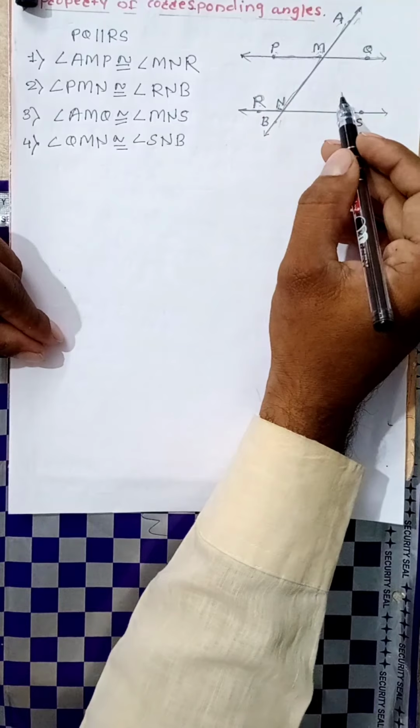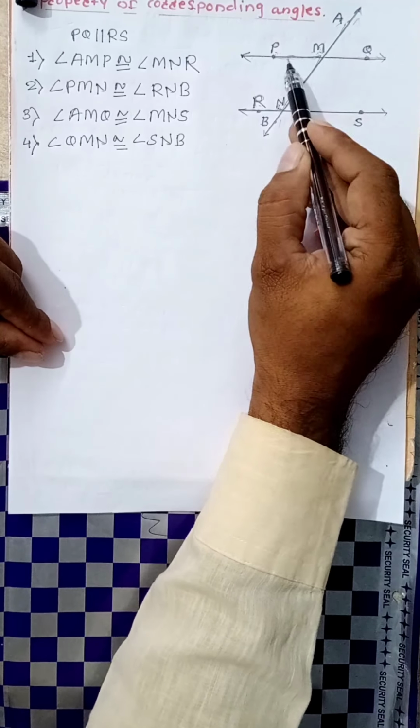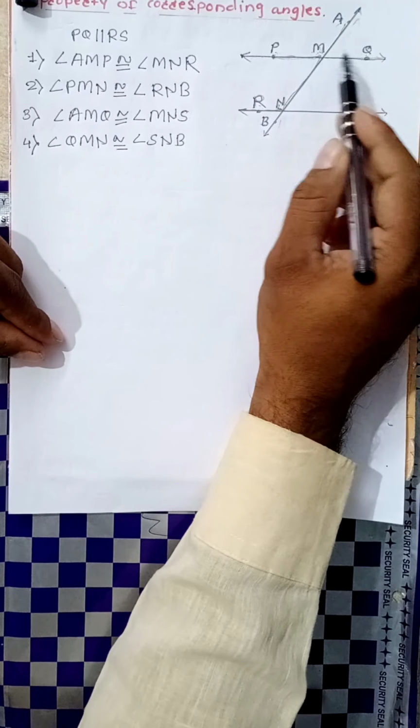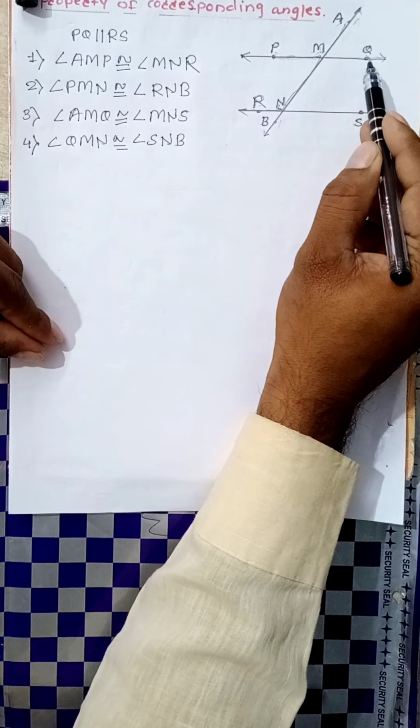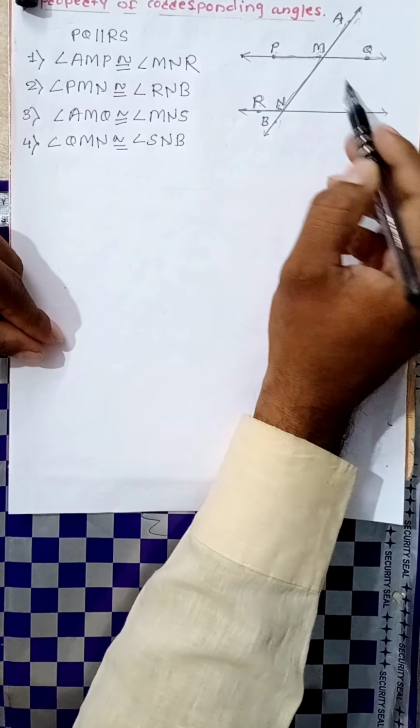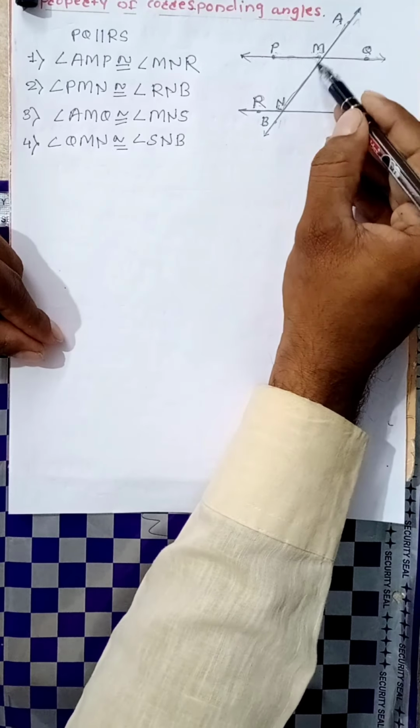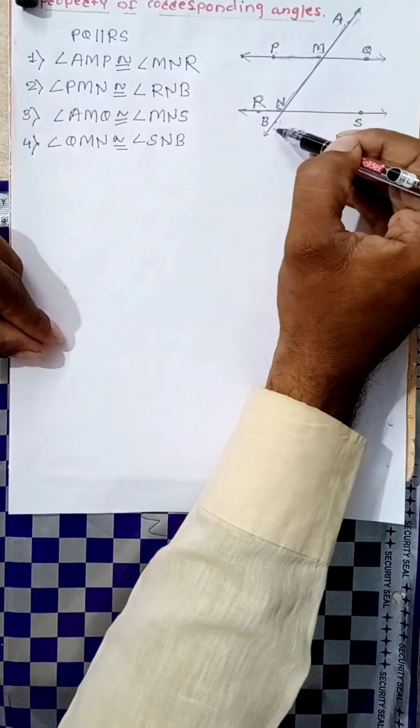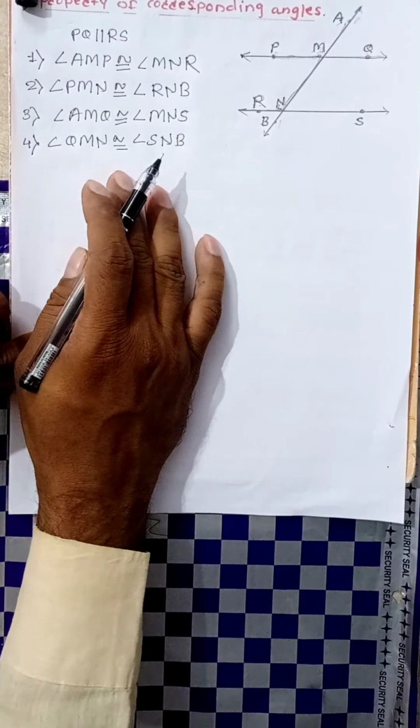The corresponding angles are formed by two parallel lines, first line PQ, second line RS. Now M and N are formed by two parallel lines. So next,